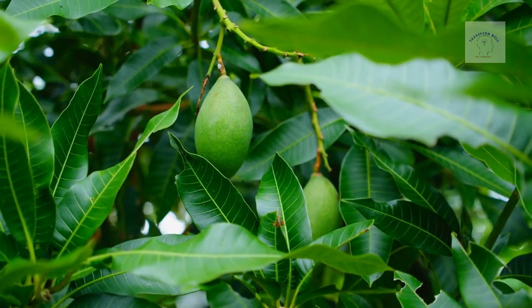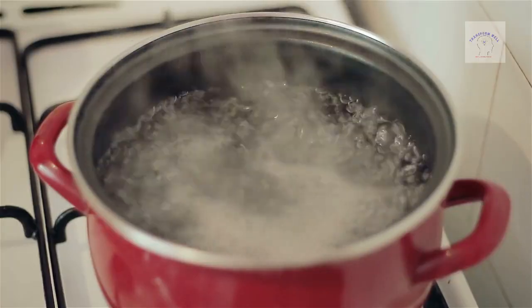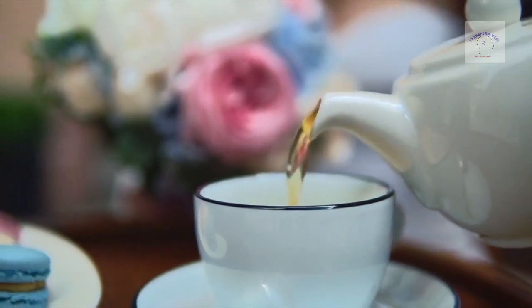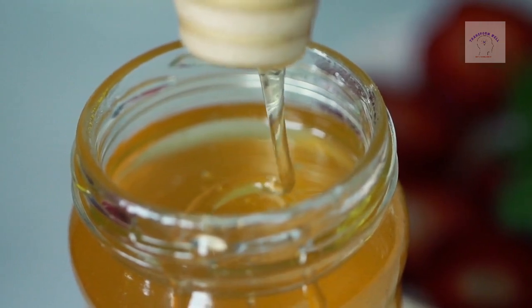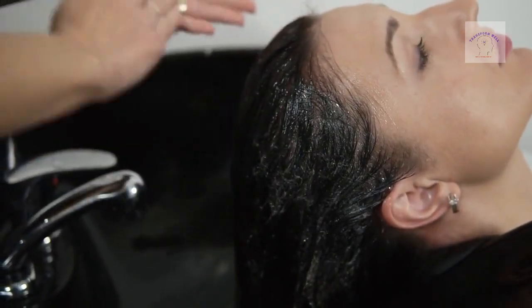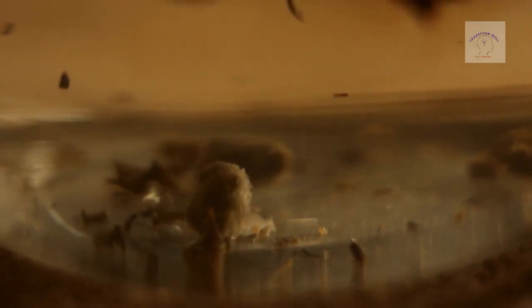Take a handful of fresh mango leaves and wash them thoroughly. Boil 2 cups of water and add the washed leaves. Let it simmer for about 10 minutes. Strain the tea into a cup or teapot. You can add a natural sweetener like honey or stevia if desired. For hair and scalp benefits, let the tea cool completely before using it as a hair rinse or applying it to the scalp. Now that you know how to prepare it, let's explore 15 remarkable benefits and the compounds responsible